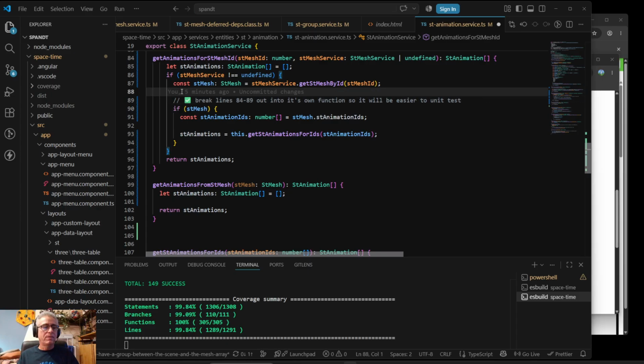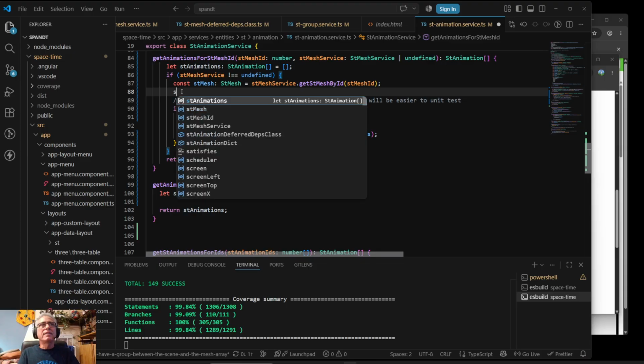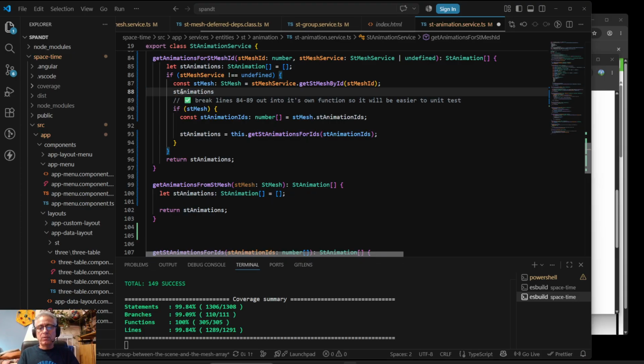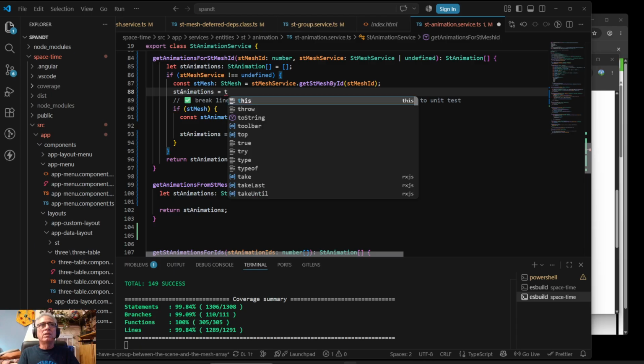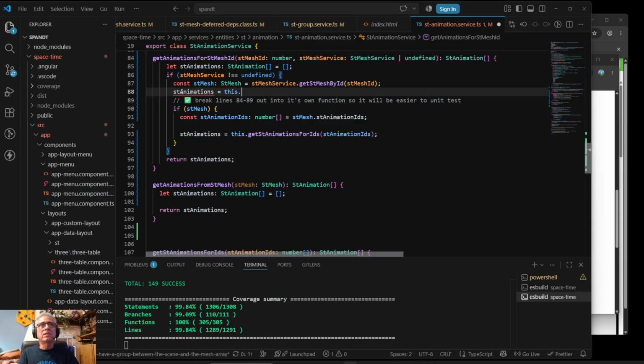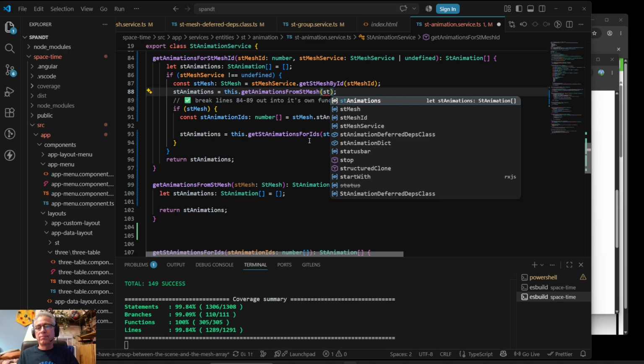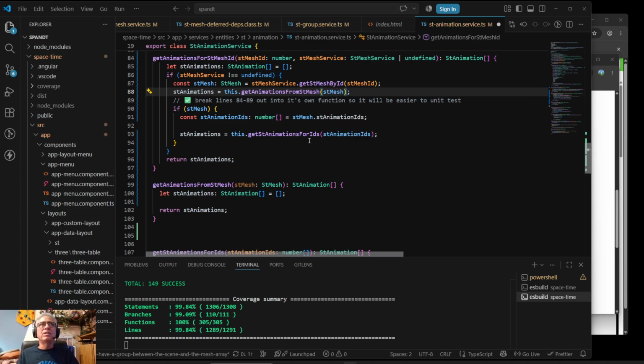So it's going to be like ST animations is equal to this dot get animations from ST mesh. And we're going to give it the ST mesh. And I know it's always very, very tempting for people to